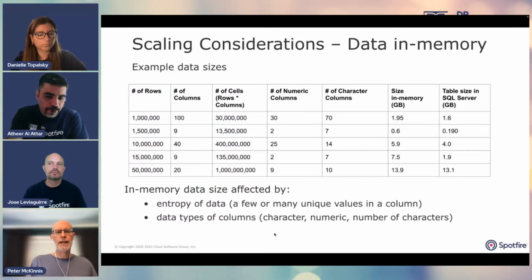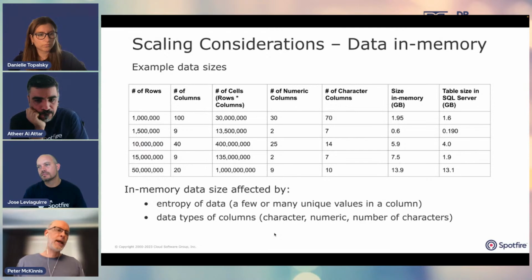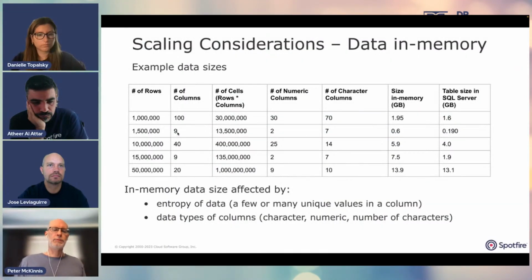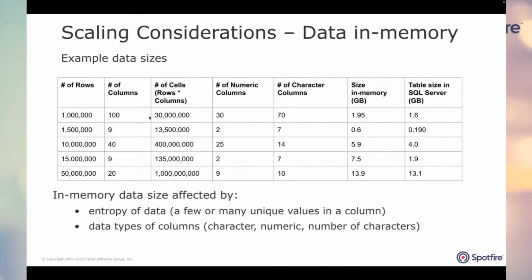One thing that's kind of difficult with data is that it's hard to say, I have X amount of columns and rows, so what's that going to be in memory? Well, you don't really know until you get into the memory because it can really vary. It's not just the number of rows. A lot of times people ask about the number of rows in a data set. Well, you could have 1 million rows with 100 columns or 1 million rows with 9 columns. One of the key things is the number of cells, and also what's in the cells: is it numeric, is it character?